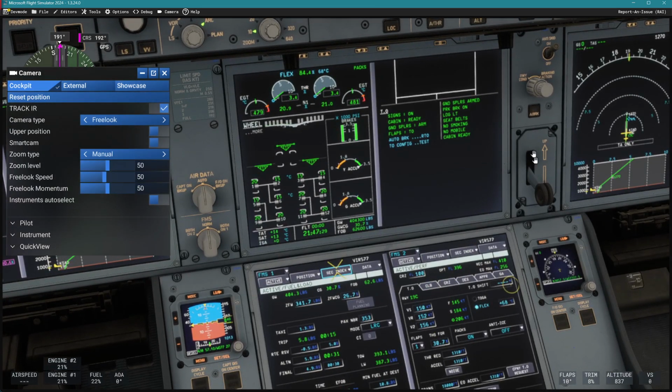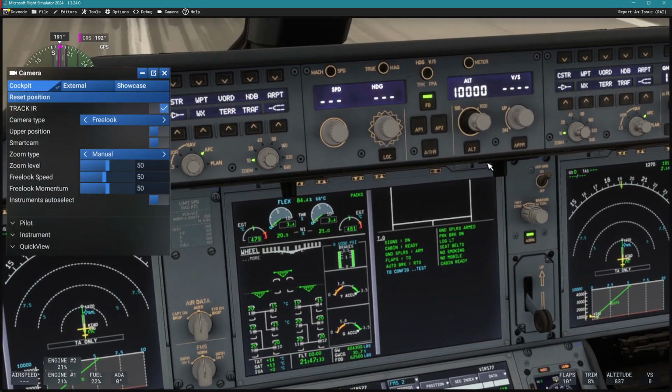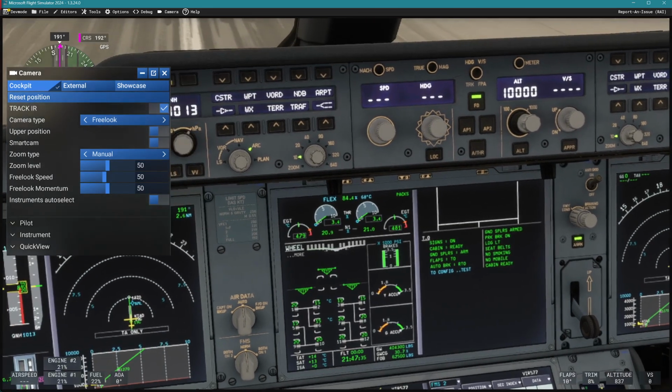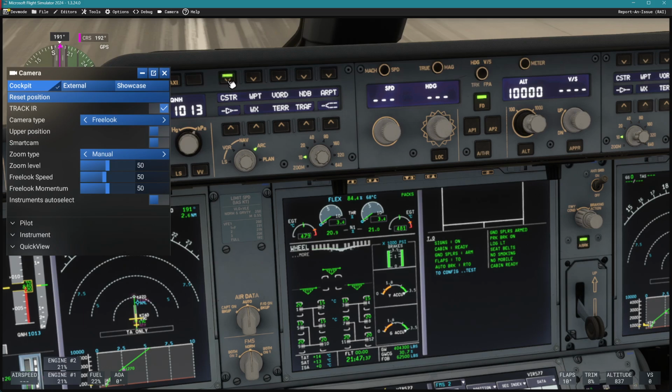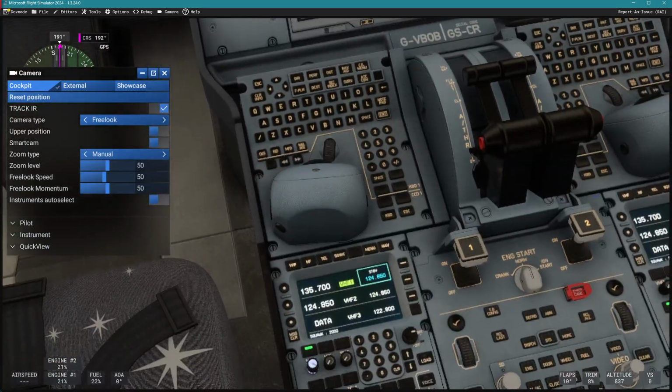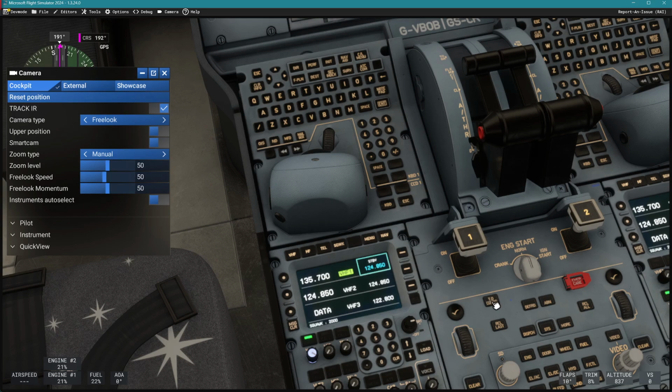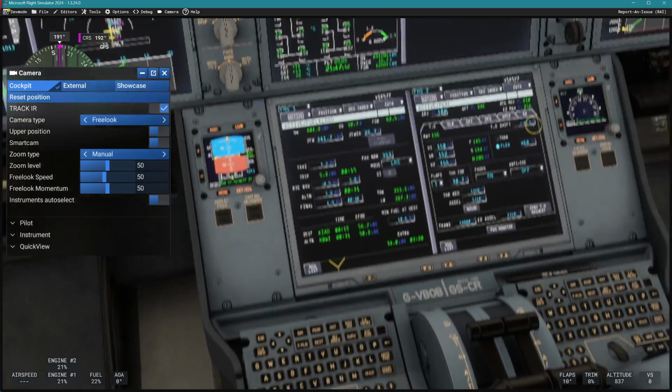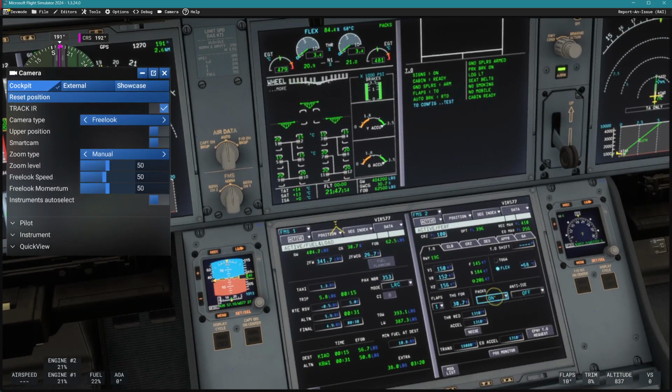Okay. Let's turn the auto brakes on. Again, we're not going to take off, but we are setting everything up. There's a constraint so we can see what all the fixes are. They're pink. The altitudes, I mean. Let's go down here and do a takeoff configuration warning test. And that should say